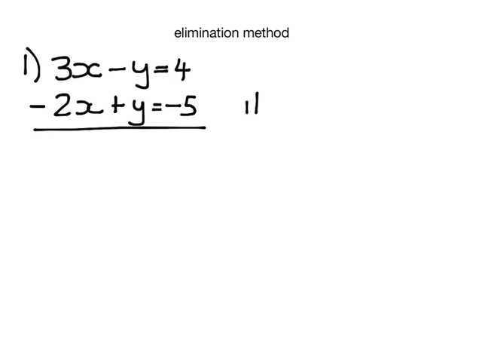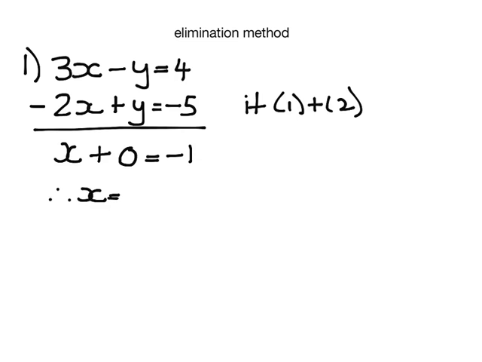Then, if I add the two equations, 3x plus minus 2x gives us x. Minus y plus y, 0. 4 minus 5, minus 1. So by changing the second equation, I was able to get rid of the y's,